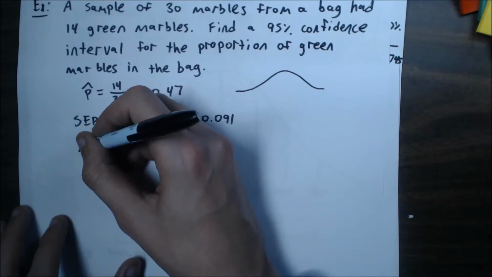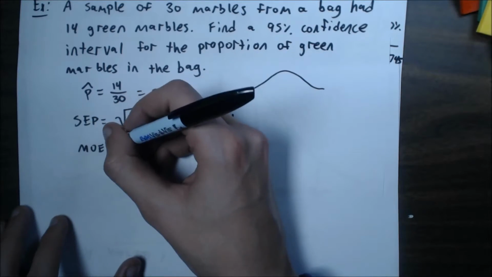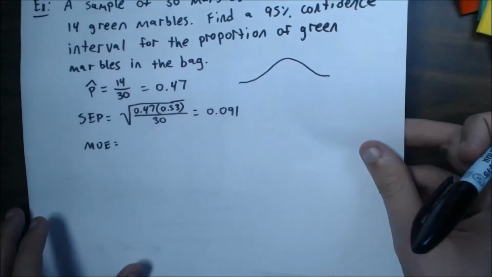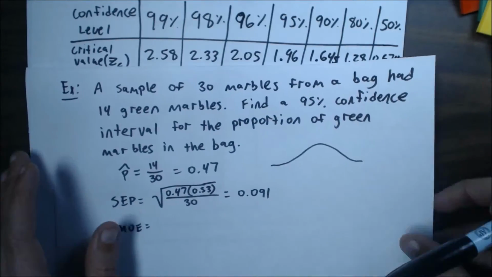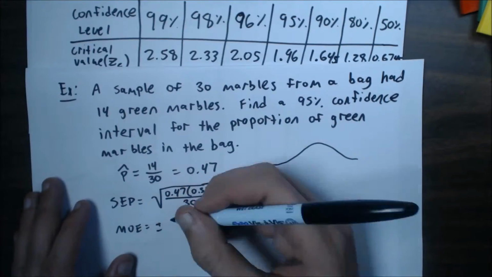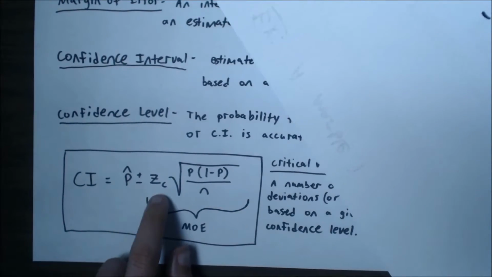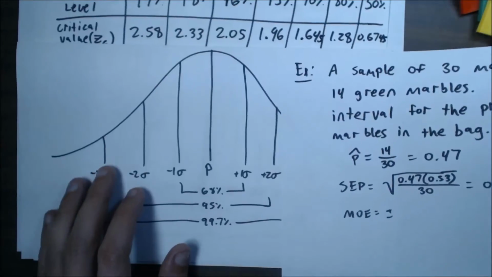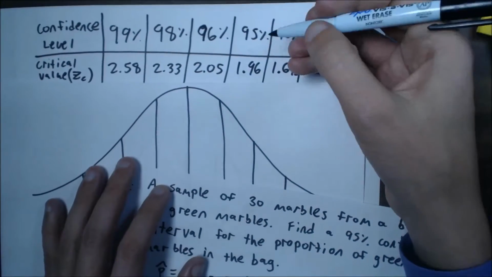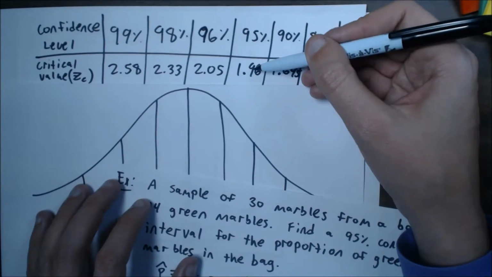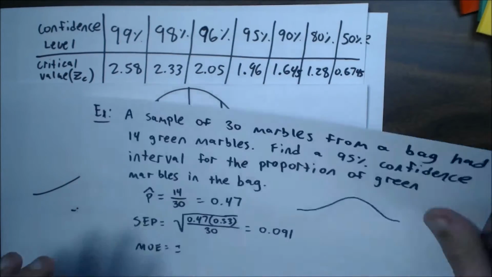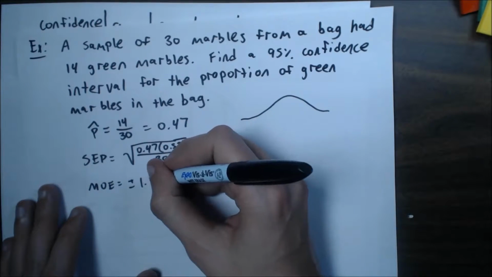So if I were to write the margin of error, it is plus or minus. Really the margin of error is this part of the equation, right? So it's plus or minus the critical value, and that's what we need to find. What is the critical value? I wanted 95% confidence, so the critical value is 1.96. So I'm going to say plus or minus 1.96